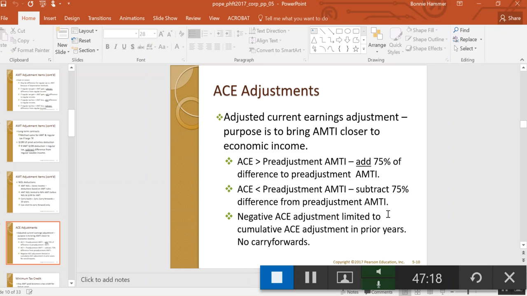Now, for AMT purposes, there's another worksheet that you have to fill out that's on page 2 of the 4626, and that's called the ACE adjustment worksheet. It gets attached to the return behind the 4626, and what this is doing is it's trying to bring AMTI closer to an